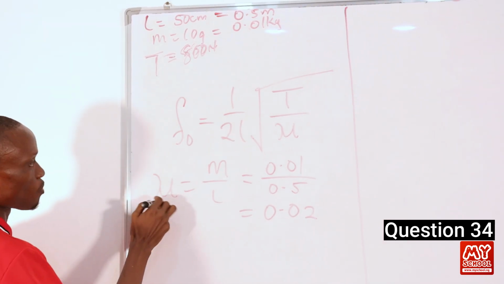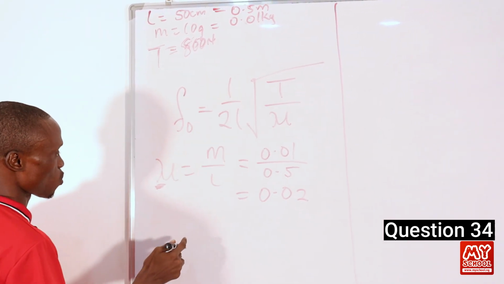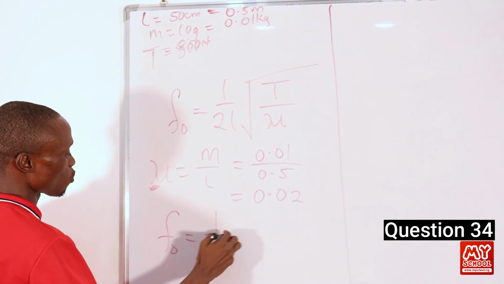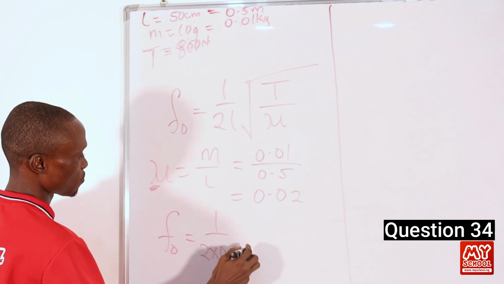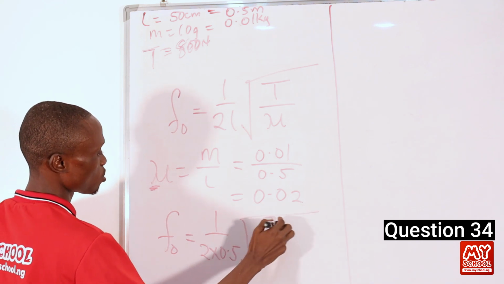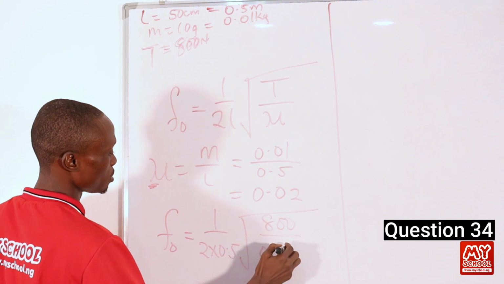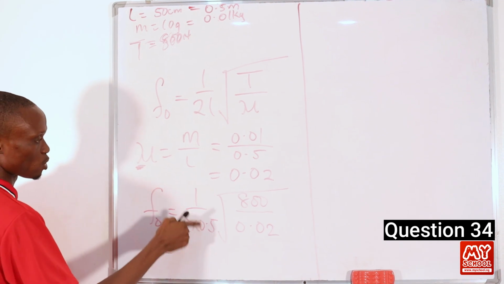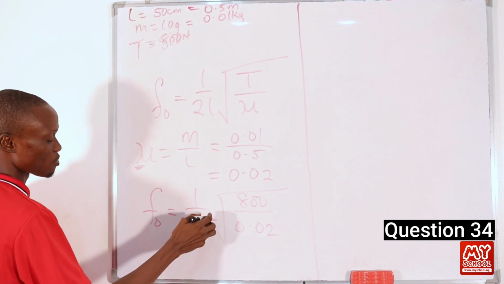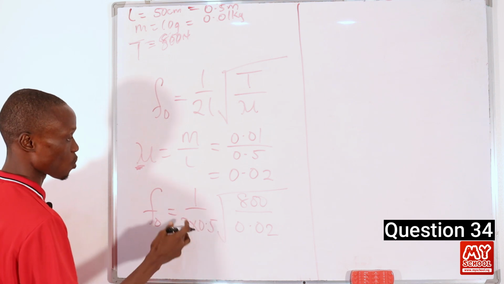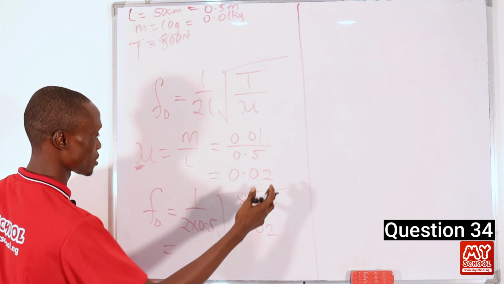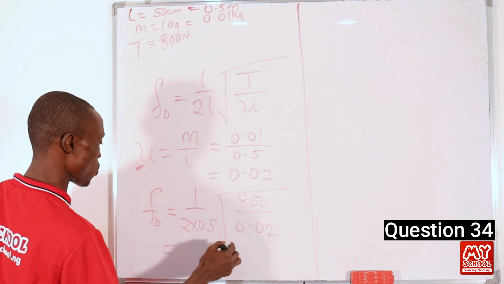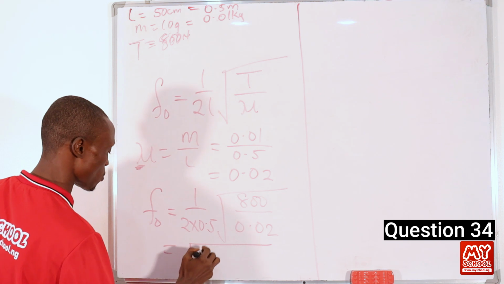Now that I've gotten the value of mu, we just substitute it into this equation. So fundamental frequency is equal to 1 over 2 times 0.5, then root 800 over 0.02. If we multiply out here, 2 times 0.5 will be 1, 1 divided by 1 is still 1, and 1 times anything remains that thing. So 800 divided by 0.02, we're still having roots,